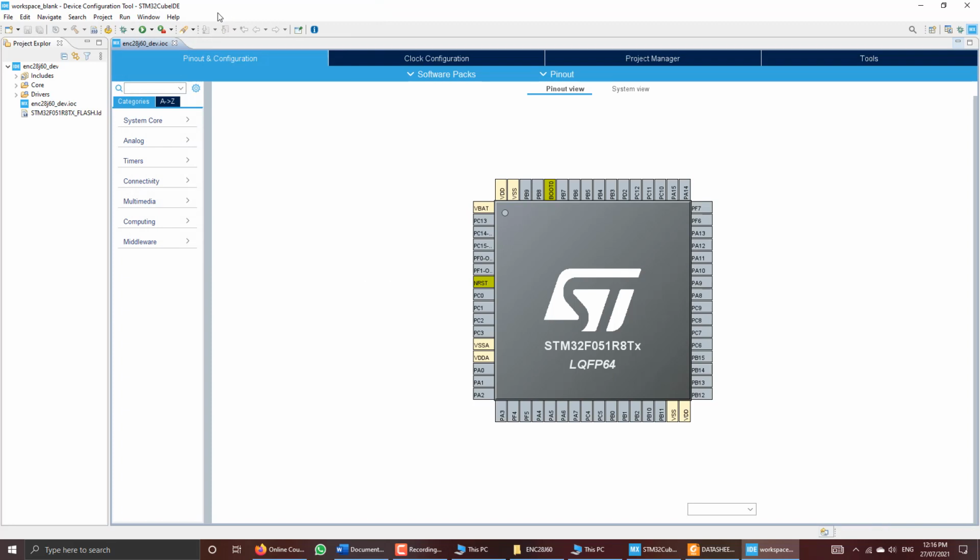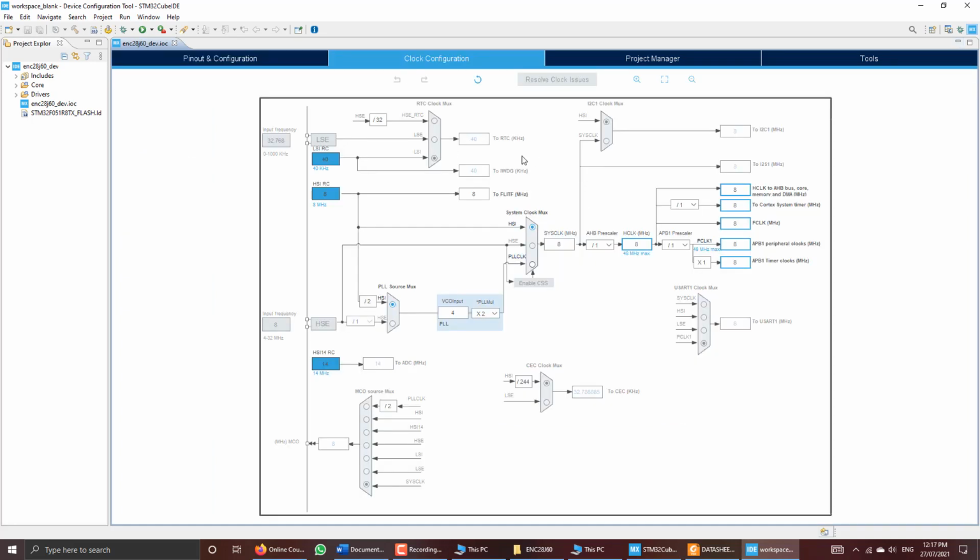Now the first thing that we will do is to configure the clock source for this microcontroller. So we will go to the clock configuration section. By default this microcontroller is clocked by an 8 megahertz system clock from the internal RC oscillator. You can see that SysClk, the main system clock of this microcontroller, is 8 megahertz, but this microcontroller can run up to 48 megahertz, so this is pretty slow. So first we will increase the clock frequency of this microcontroller so that we can execute at maximum speed.